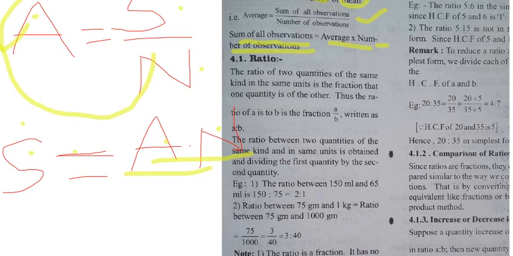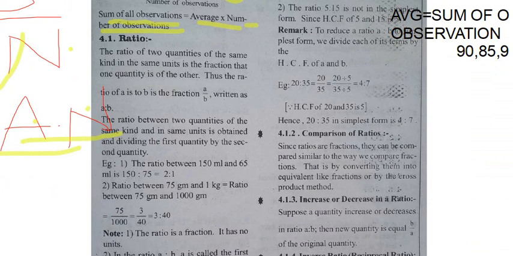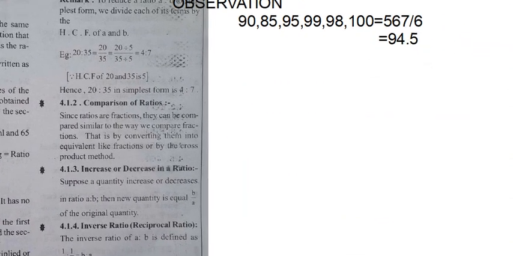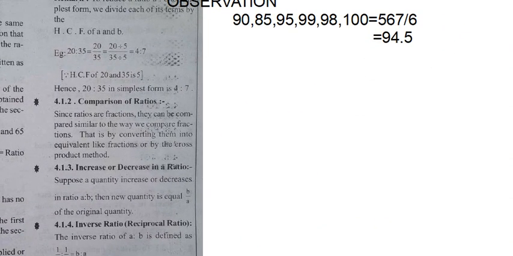Now the next topic is ratio. Ratio is a very important topic. What is the meaning of the ratio? Before going to the ratio, I will tell you one thing. Ratios are important. Ratio means it has one numerator and one denominator, right?